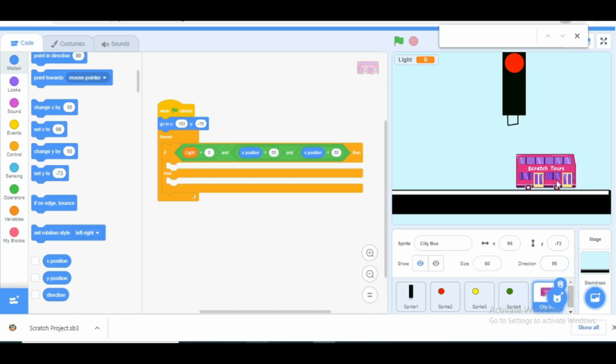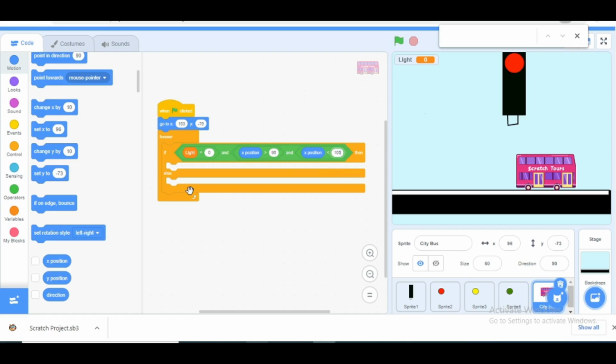So what is the position of this bus? That is 96. So I will change this axis, that is 96, and here I will make it 106. Okay. From 96 to 106 our bus will stop. Okay, so we have created our one block, that is the if block.